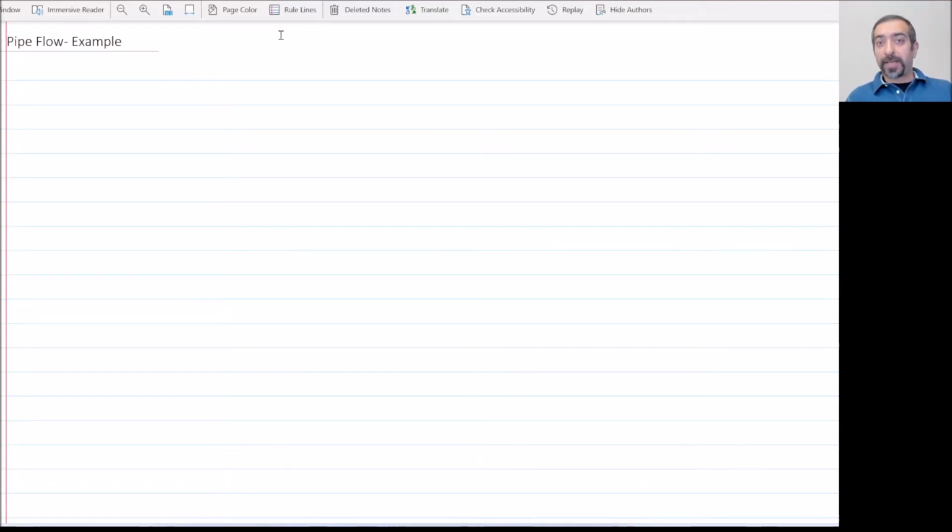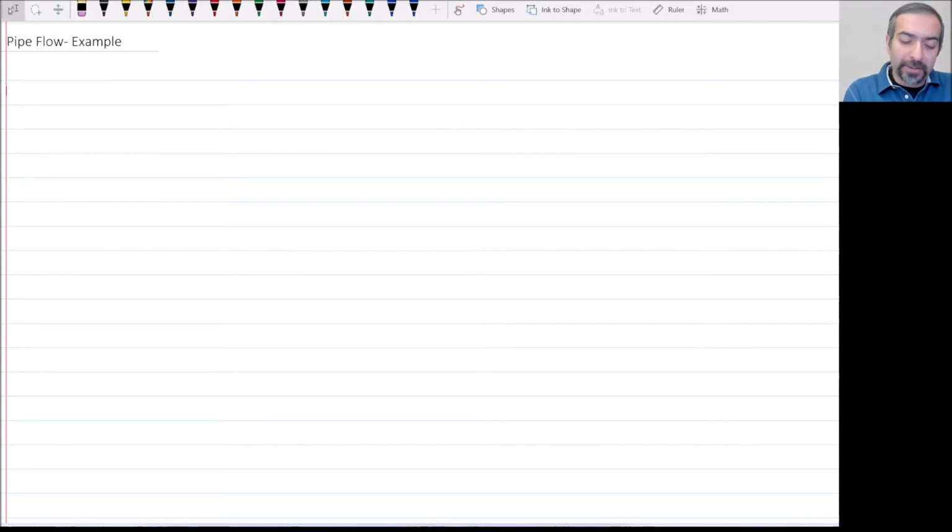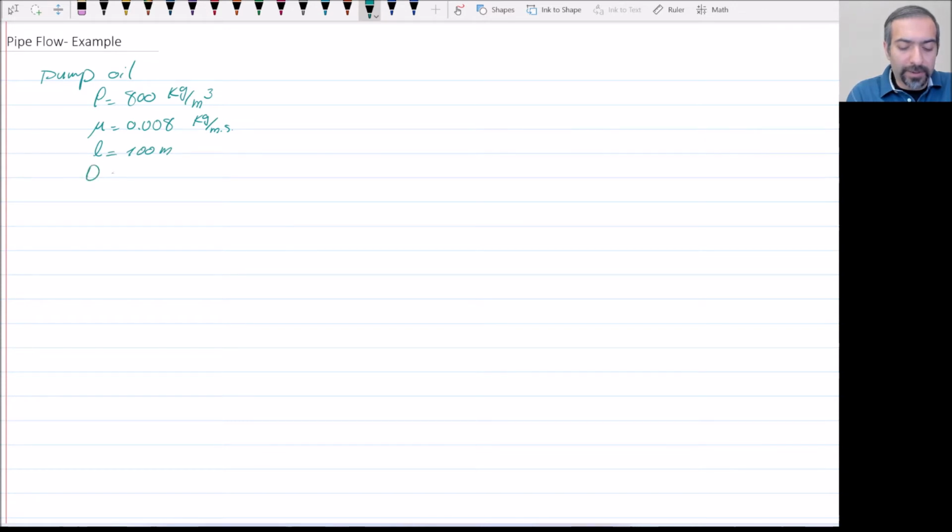Let's now work out an example and see how we can put everything together in an almost real life example. So let's assume we want to pump oil. It's expected to pump oil with density 800 kilogram per cubic meter and viscosity 0.008 kilogram per meter second. This is dynamic viscosity along a pipe of length 100 meters. The diameter of the pipe is 1 meter, and let's assume the topography is like this,